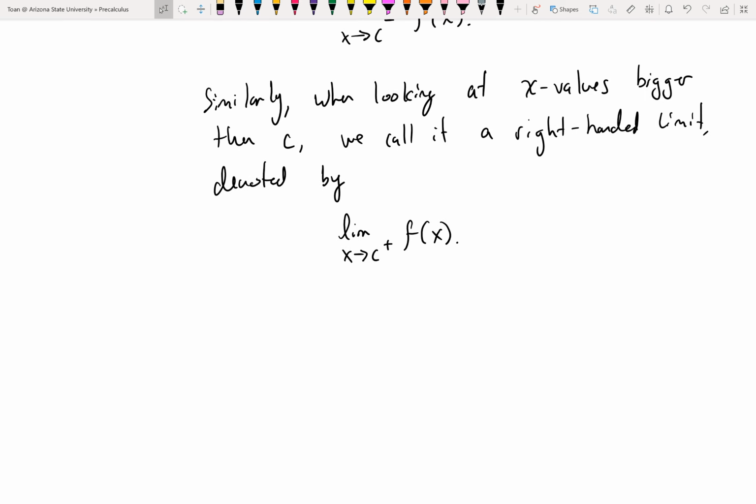Now this is one of the key tenets. It's not really a theorem, I guess you can call it a theorem, but this is one of the key tenet ideas of limits and an idea of calculus. In order for a limit to exist, in order for a limit to have an actual defined answer,